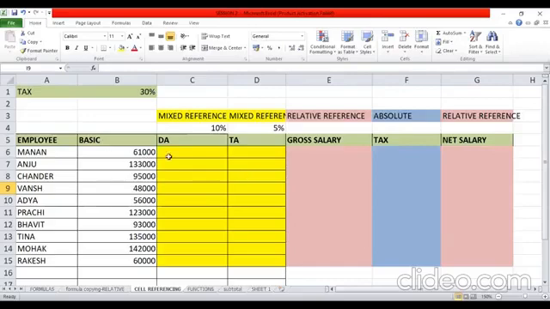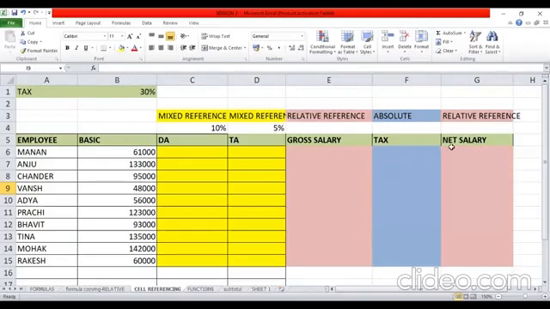So the sum of basic, DA and TA will be entered in the gross. And on the gross salary, tax will be deducted by the employer. For simplicity, we are assuming a uniform tax rate for everybody, which is given to me as 30%. So everybody has to pay tax at the rate of 30%.